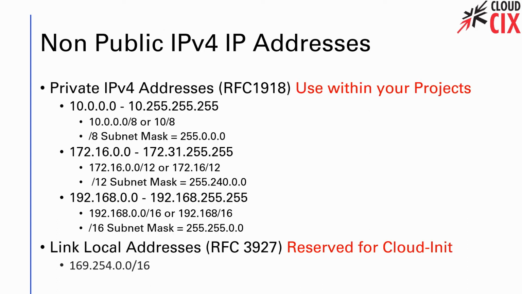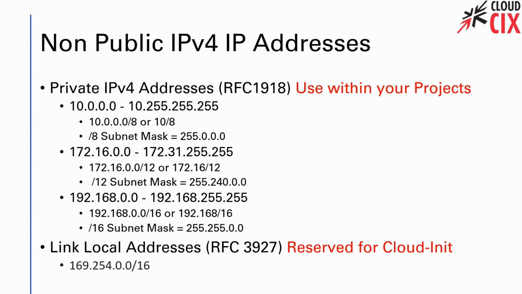Now, back when IPv4 was originally developed, it was believed that more than 4 billion addresses was more than enough. But that works out at less than 1 address per person nowadays. To help alleviate this scarcity, 3 address ranges were set aside for private networks. These ranges are referred to as RFC 1918 private IPv4 addresses. The same RFC 1918 address ranges can be used over and over again within different CloudKix projects. Another range of addresses, referred to as link local addresses or RFC 3927 addresses, are used to implement Cloud Init